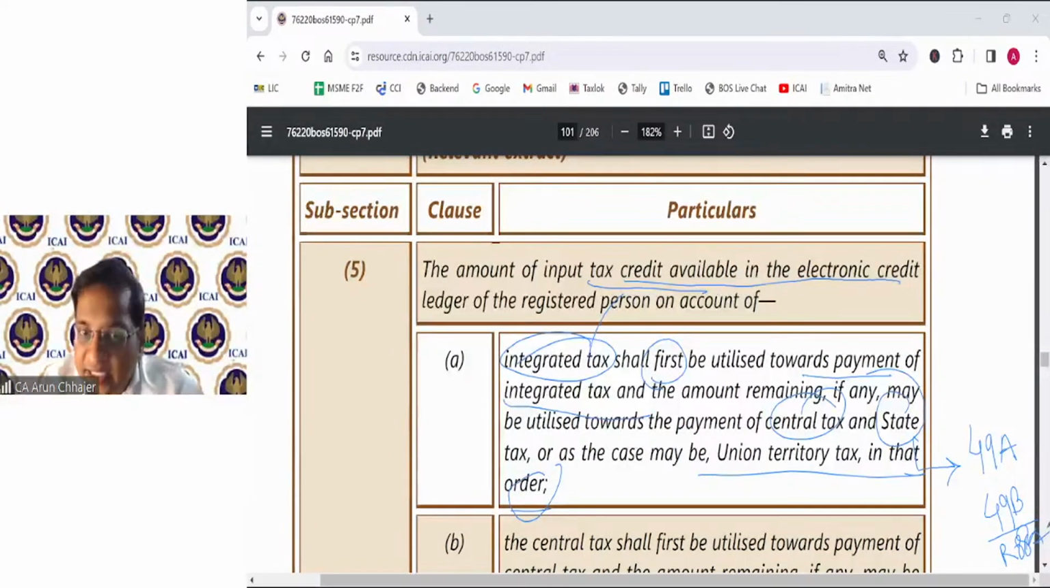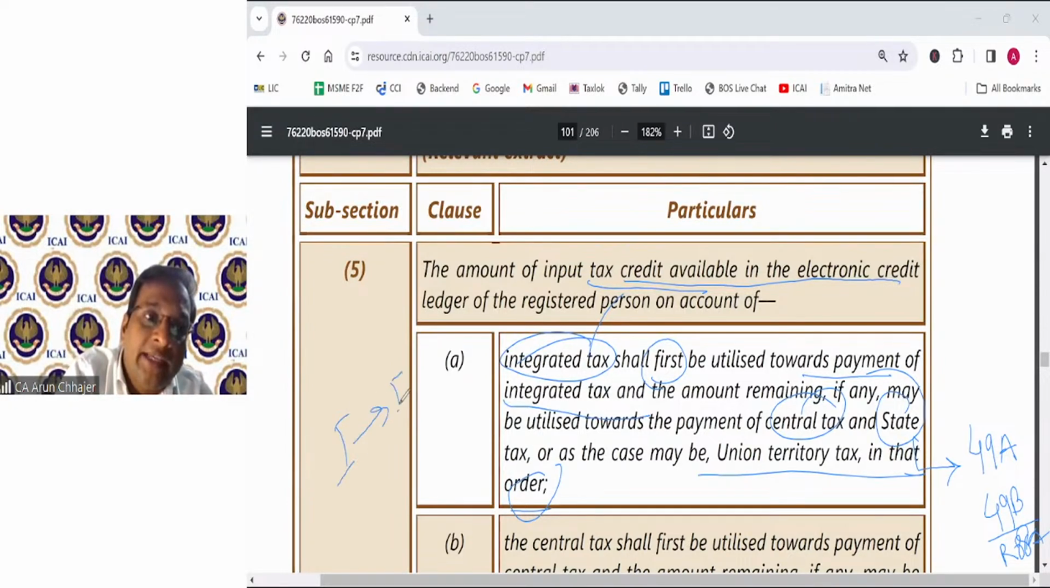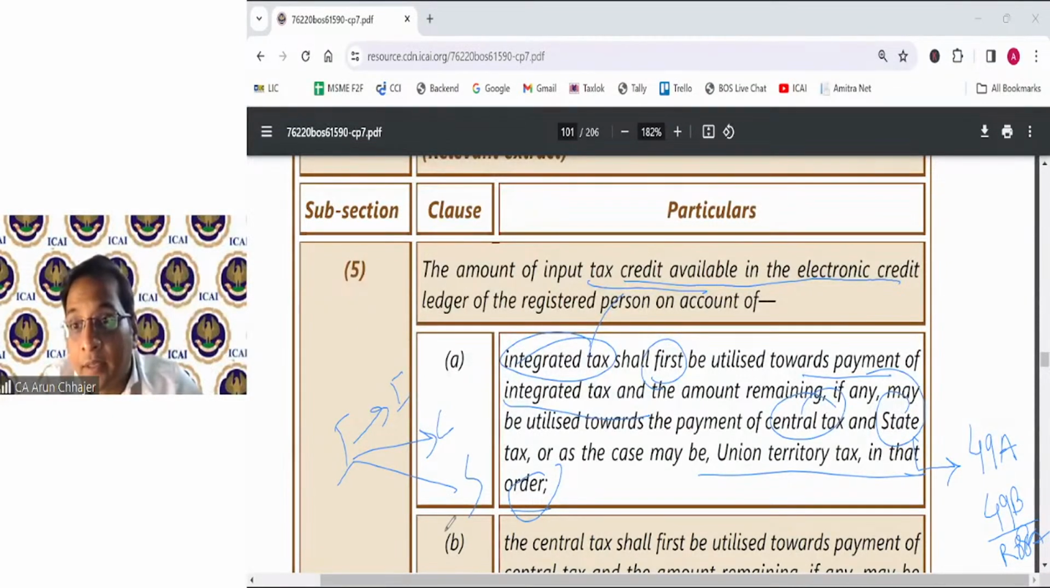See, when you read section 49 subsection 5, it appears that I will give first to I, second to C, and third to S. Absolutely correct. But when I explain, I have explained by a combined reading of all the provisions we are going to discuss. Then if